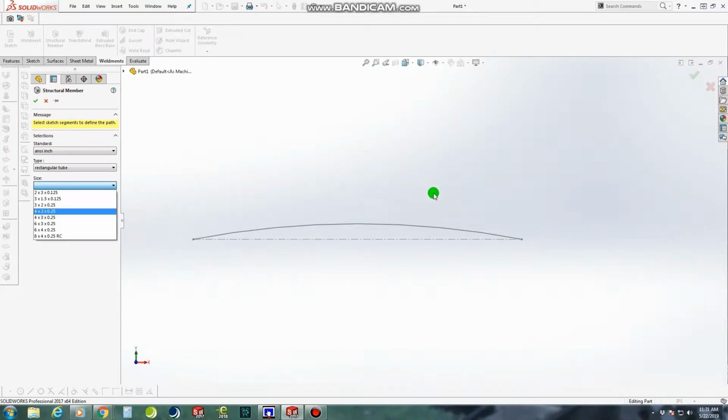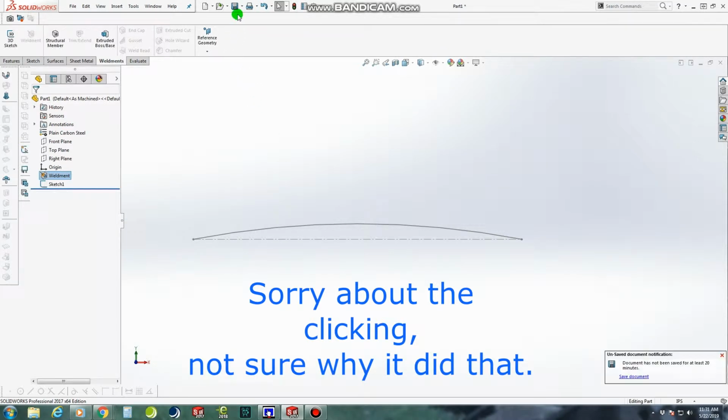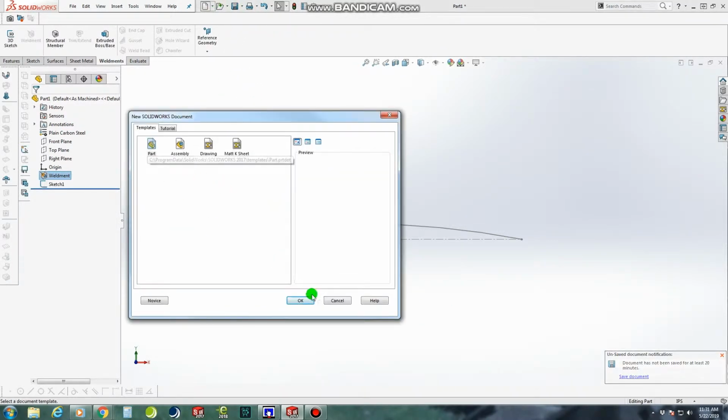Alright, so I figured I'd make a quick little SolidWorks tutorial here. I need to add a structural weld member along this arch here, and I don't have it in my library. So what we're going to do is just do a quick little video about how to add structural weld members to the library. So we're going to create a new part,